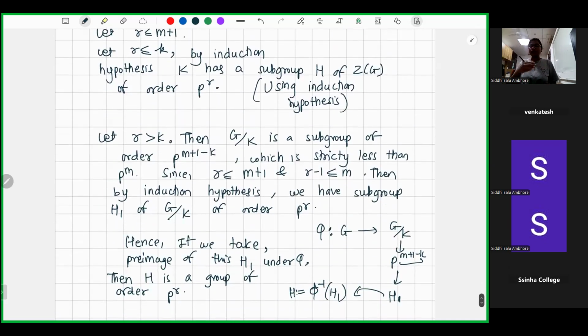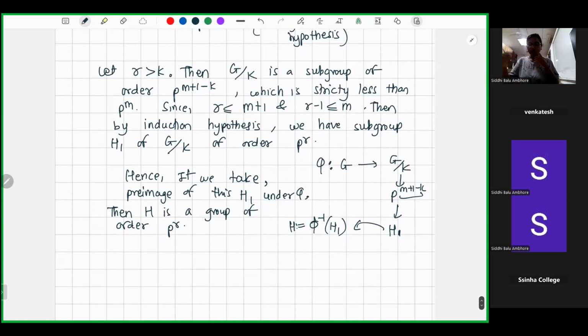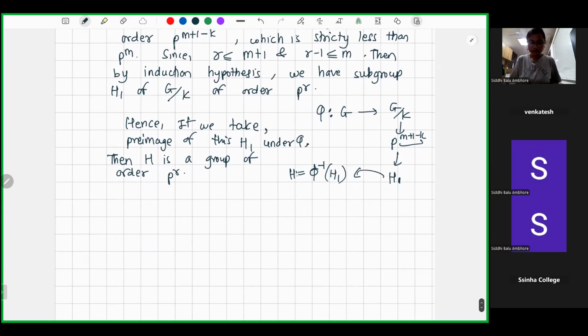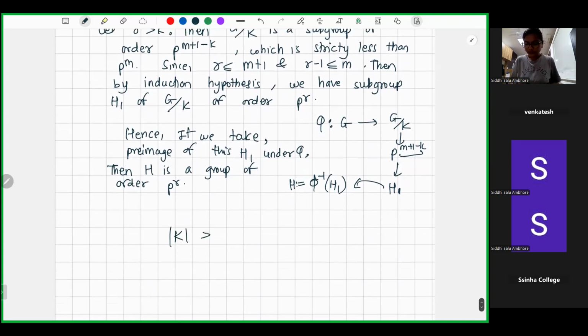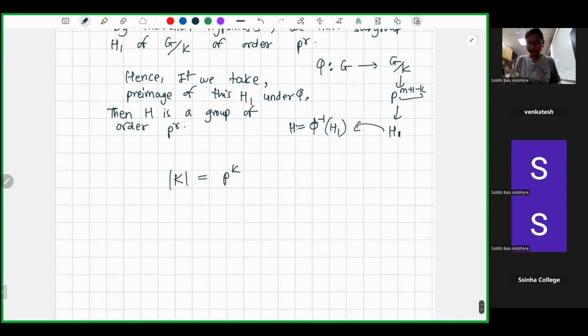And for r greater than k, the cardinality of this is p power k, and then G quotient K is now a group of cardinality strictly less than